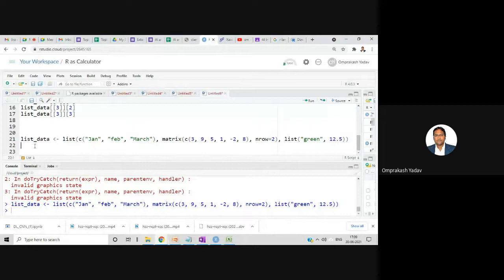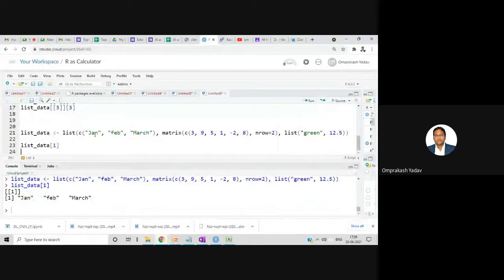So let's try to access first, and there we will give first, let's say, list of data. Suppose I am doing in this way. So that means I am referring to the first vector. Let me check. Yeah. So we are getting the first vector value, that is Jan, Feb, and March.